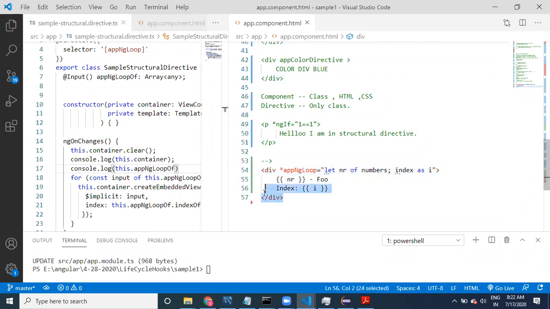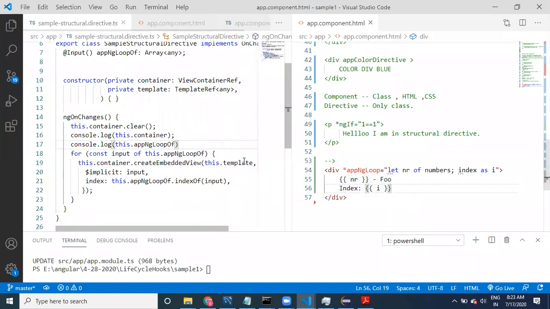This div can be called as container, and this can be called as template.